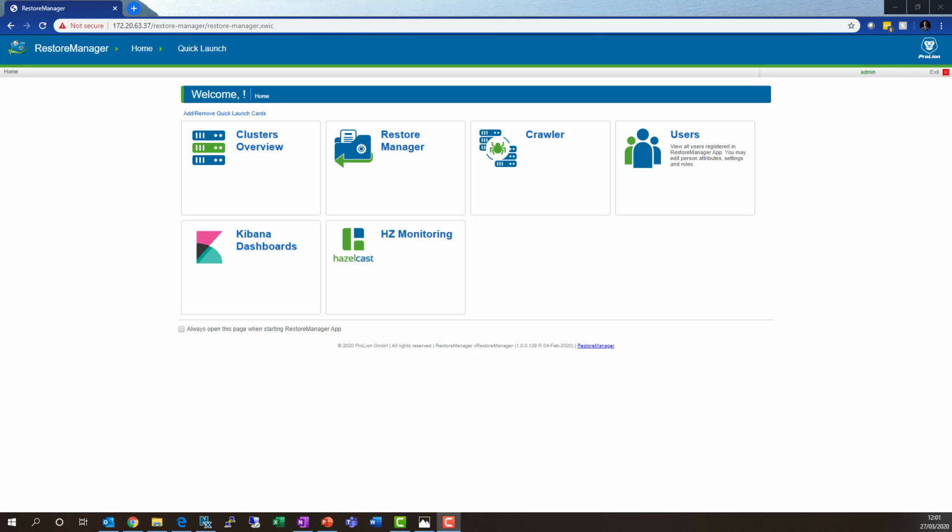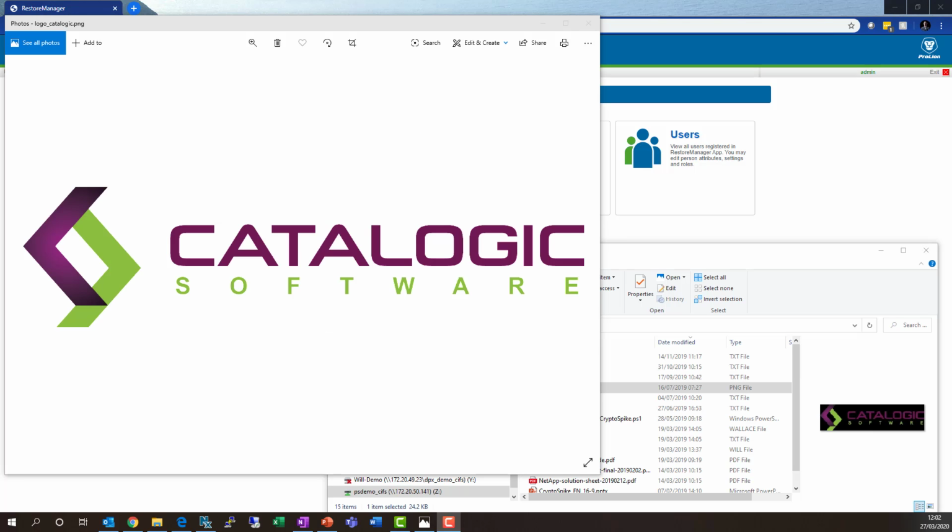As Richard mentioned, we utilize the SnapDiff API to gather file metadata via periodic incremental crawls and store this information in our scalable Elasticsearch database. In the first part of this demonstration, I will show how we can use RestoreManager to find and recover a file from a snapshot. As you can see here, I have my